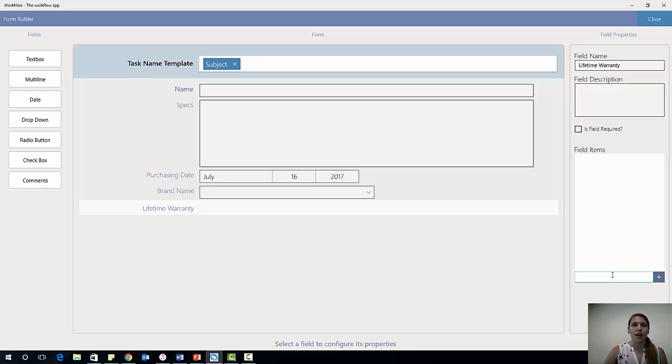And we'll just make this simple. Either it does not, or it does have a lifetime warranty. And as you can see, just two nice little radio buttons here to determine if the item has a lifetime warranty. Now next we have the checkbox, and this is great when you're expecting a lot of different options